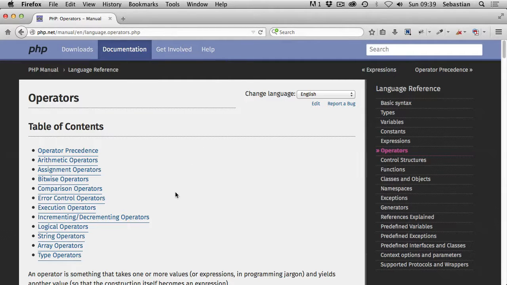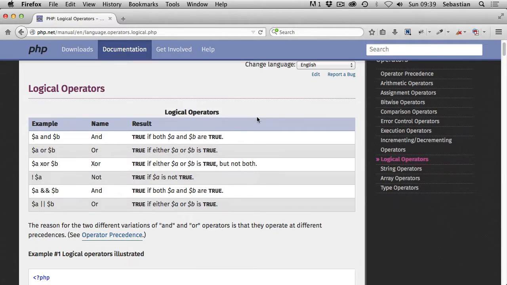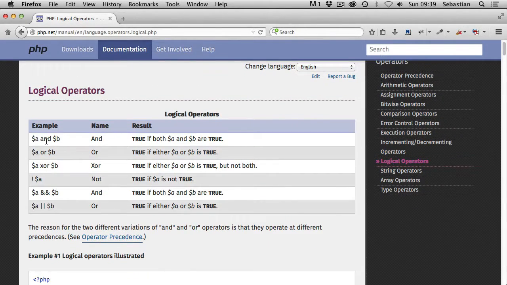Let's now have a look at the logical operators. So on our operators page, let's click on the logical ones. And there we go. We've got a list of a few. First one is the AND. And the result is true if both A and B variables on both sides of this operator are evaluating to